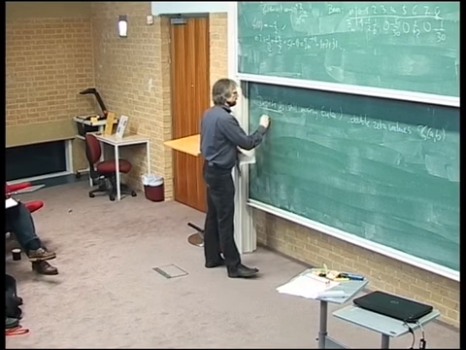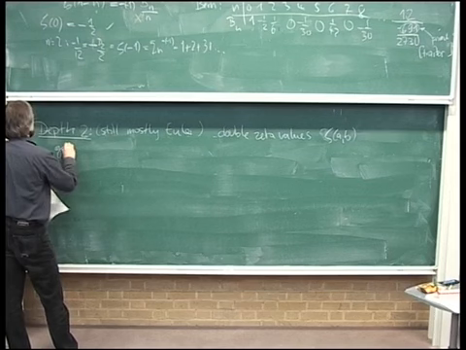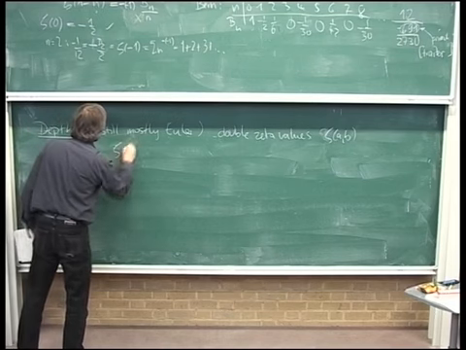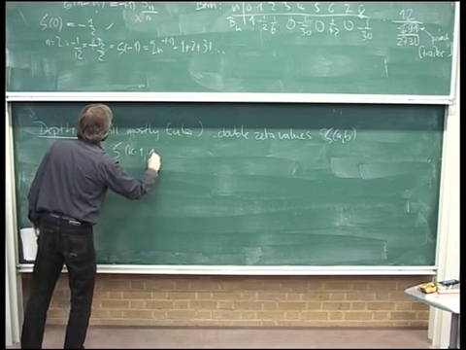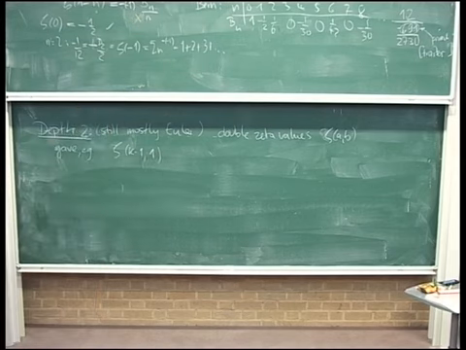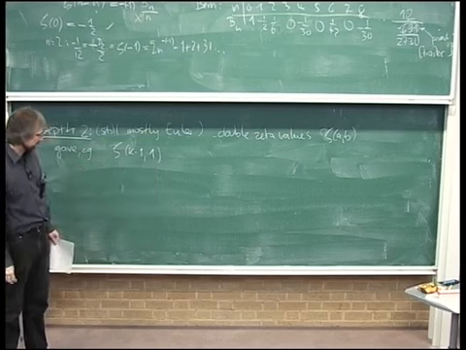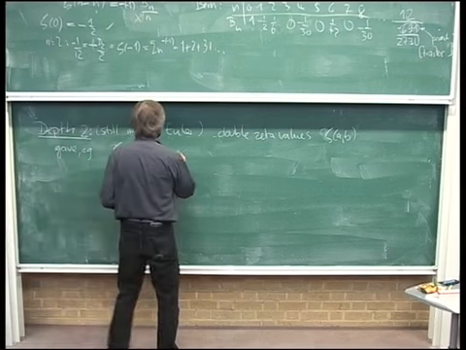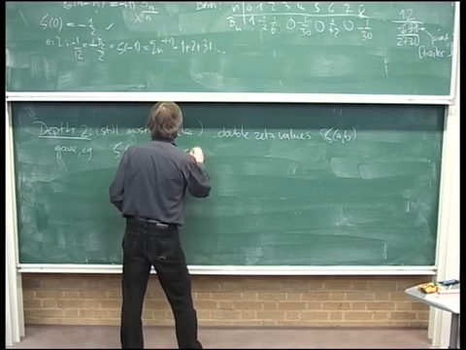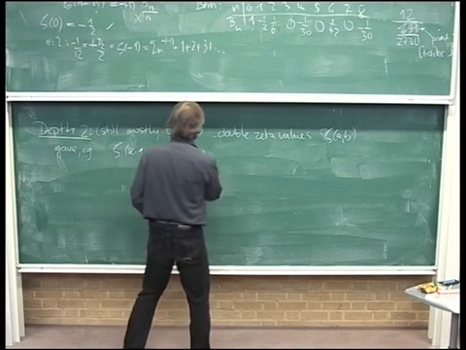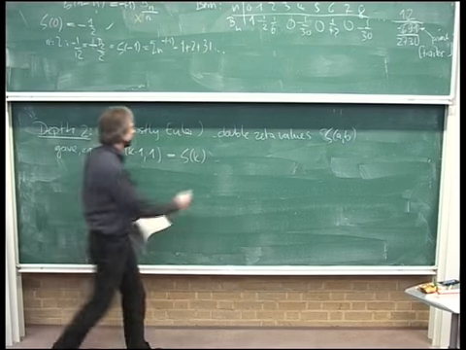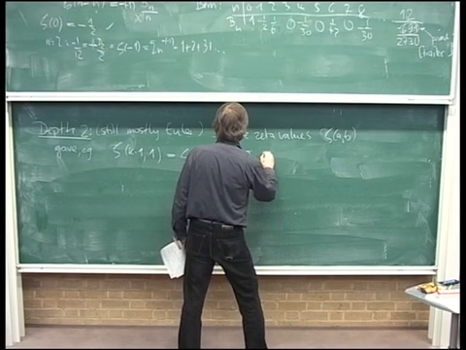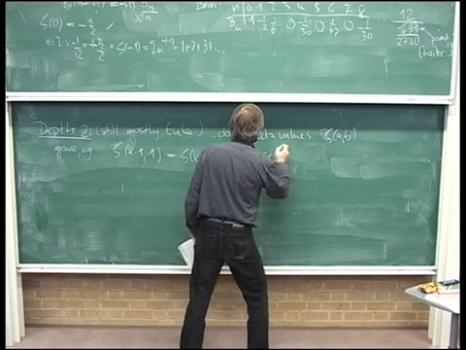And he gave, for instance, zeta of k minus 1, 1. So when the last argument is 1, then you can write it as a combination of zeta k and the sum, with factor 1/2, of all the